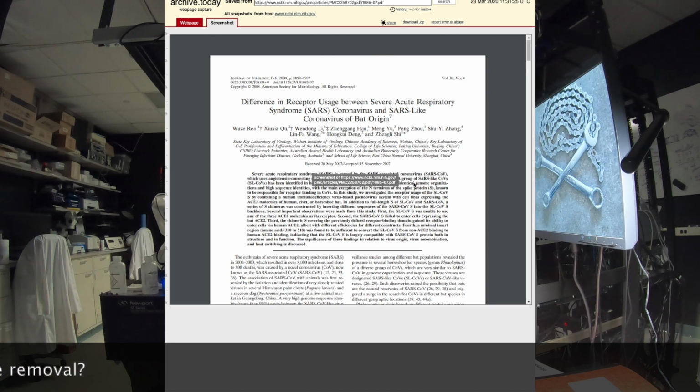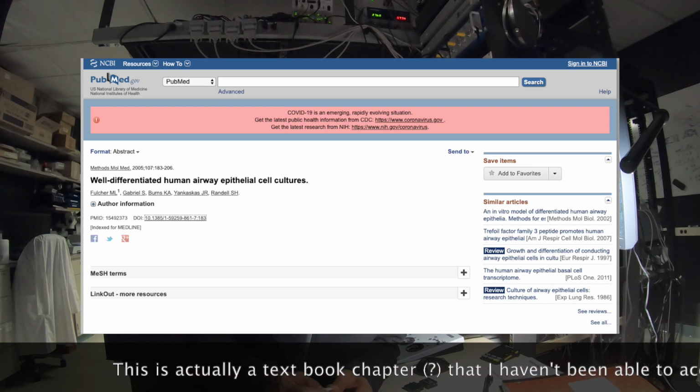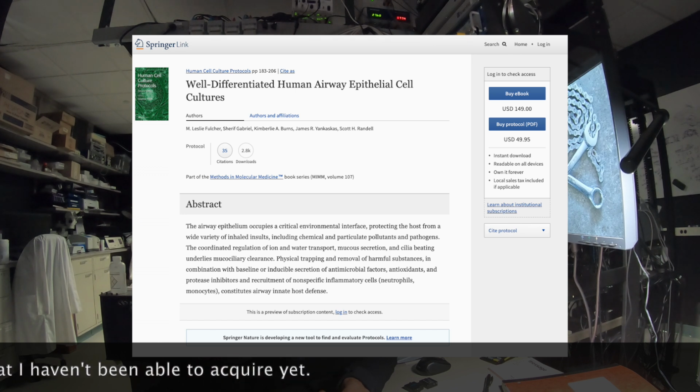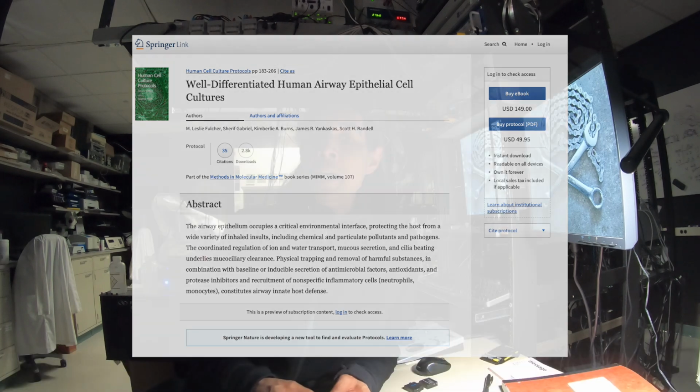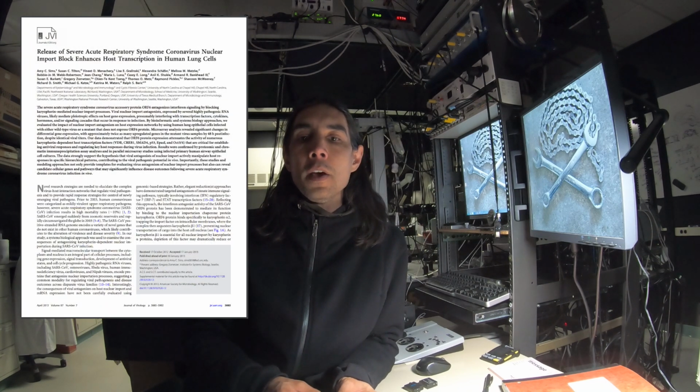The fifth paper is about the use of culture techniques, and specifically a mature lung epithelial culture which seems to replicate mature human lung tissue. A paper like this, or techniques like this, would also be useful for enriching for coronaviruses that infect human lungs. And then the 6th paper is also by Baric's lab and studies the role of the ORF6,